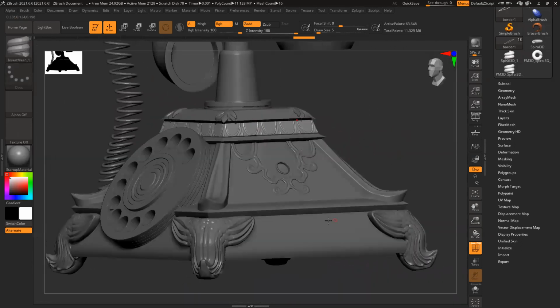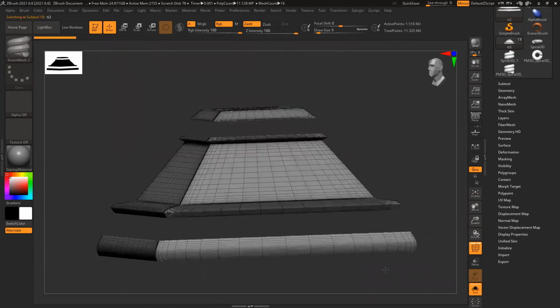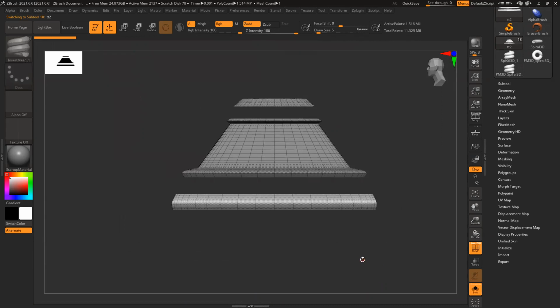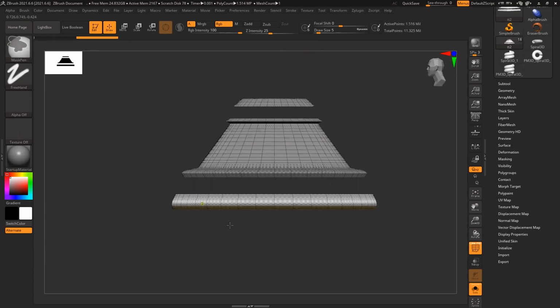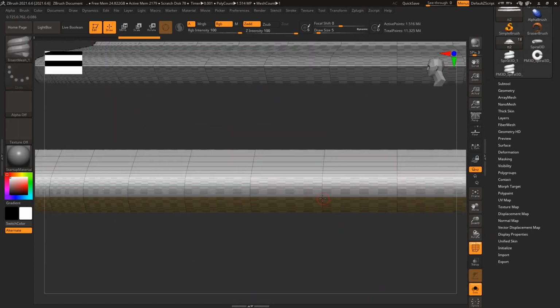Now same this thing I have here also. This part solo. So for this base, somewhere midway, select section, Control W, create a separate polygroup. If you have a separate polygroup, you can snap like this, holding Shift.